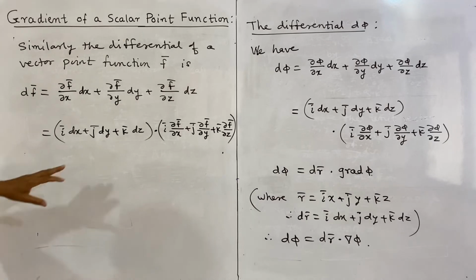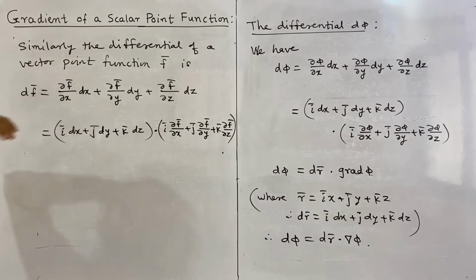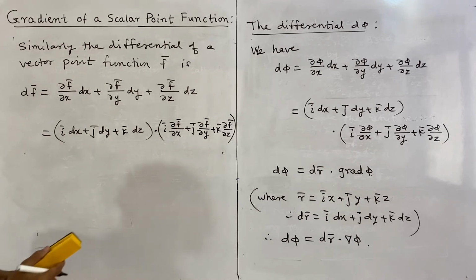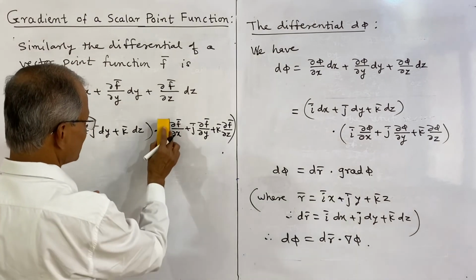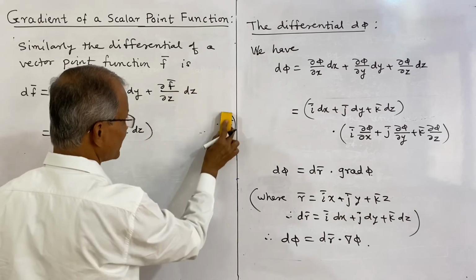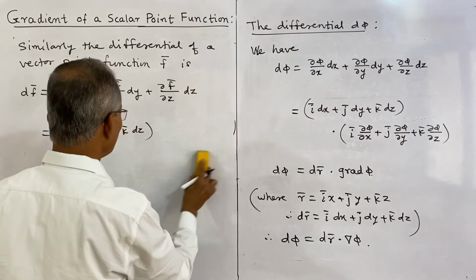And now the scalar product of these two vectors will be exactly the same, but instead of writing this as this expression, we can express the same in the form dot